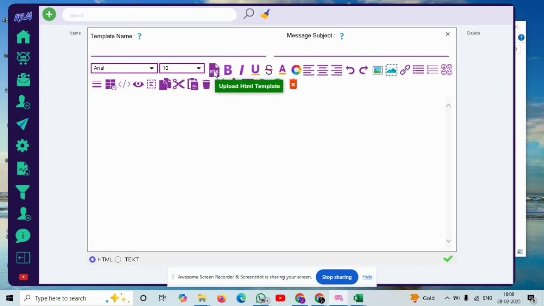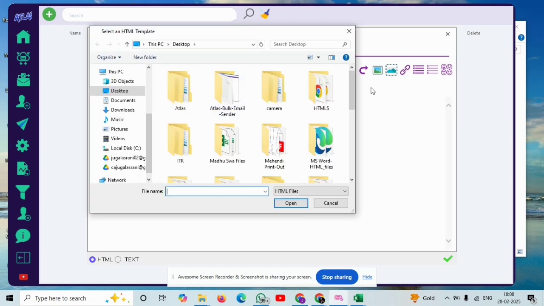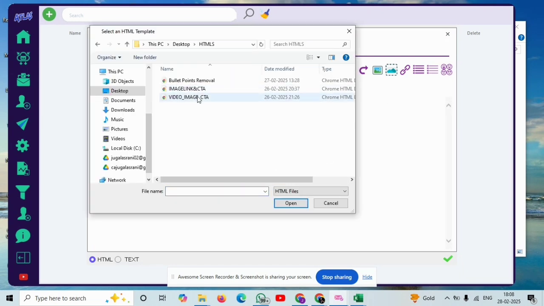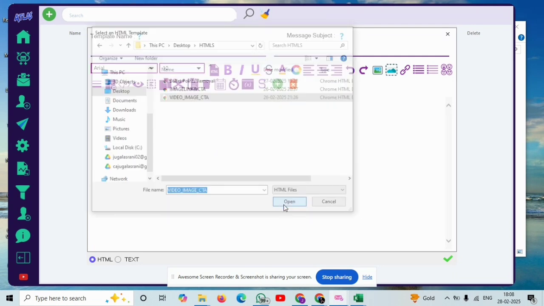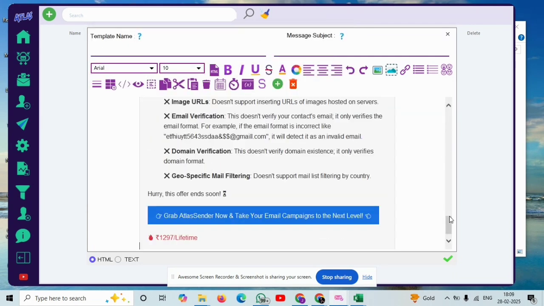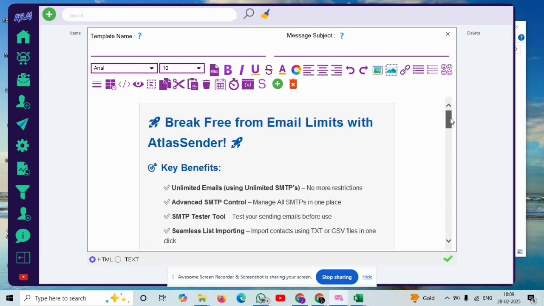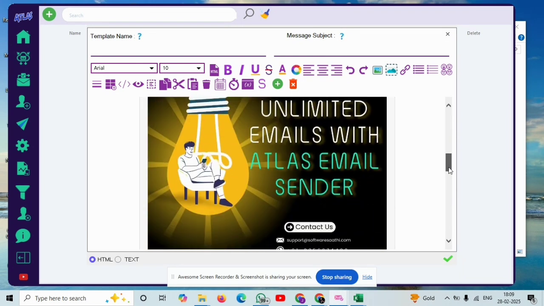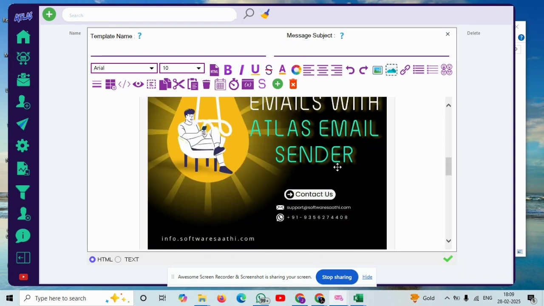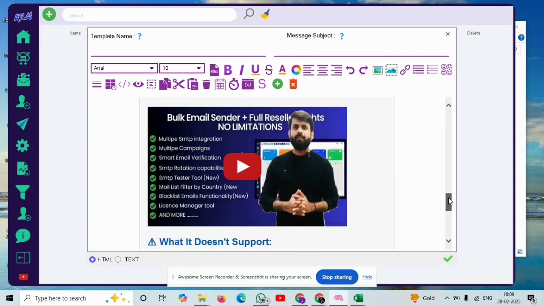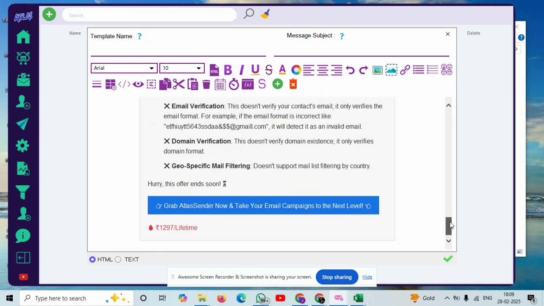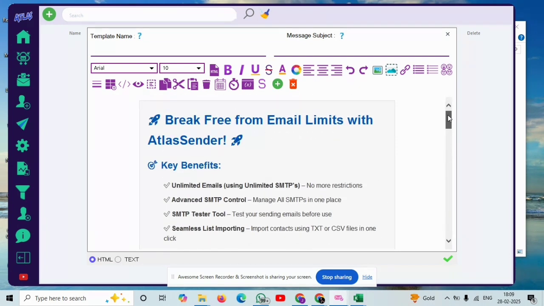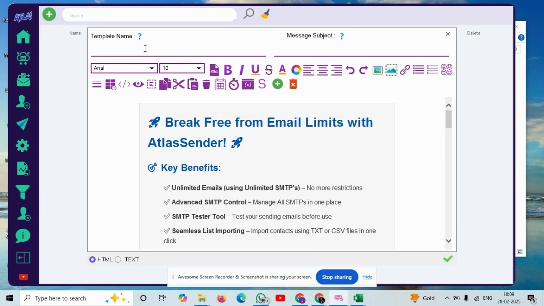Okay, so what I'll do, first of all, I'll be using HTML template. So I have one HTML template. Okay, so I have just integrated this HTML template into the software. You can see this is an image. This is a clickable image. If we click on this it will land on my landing page. This is a video thumbnail and this is the CTA button. Okay, so I will just save this template, HTML test,